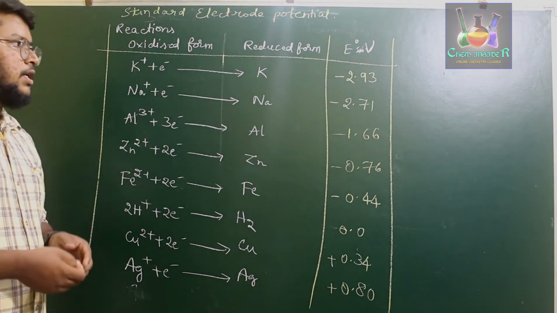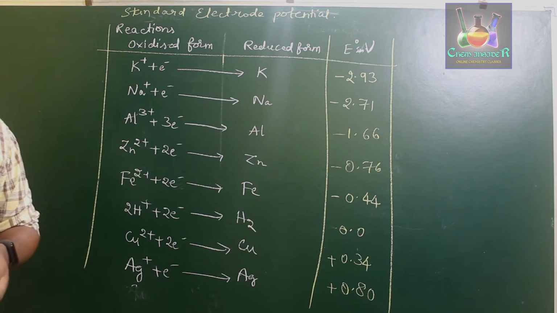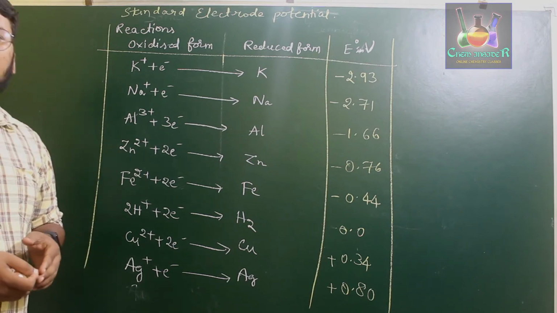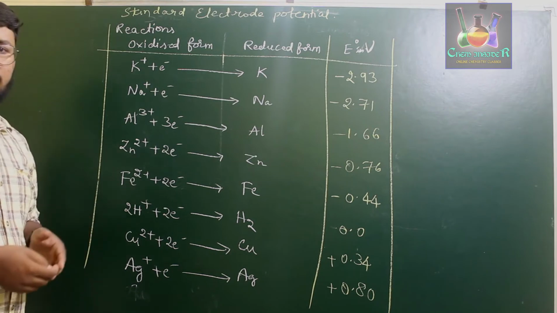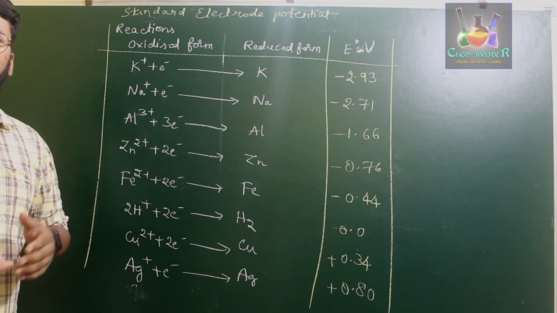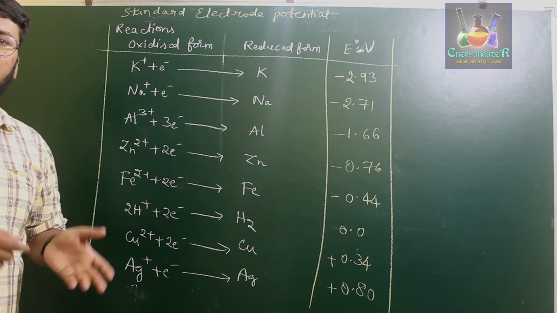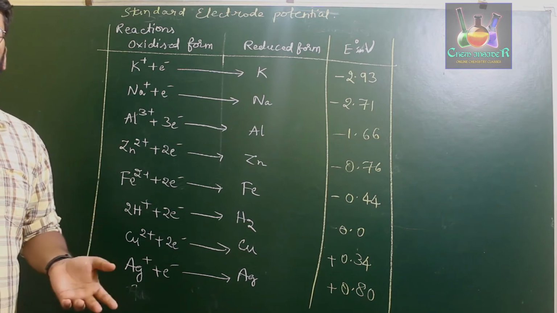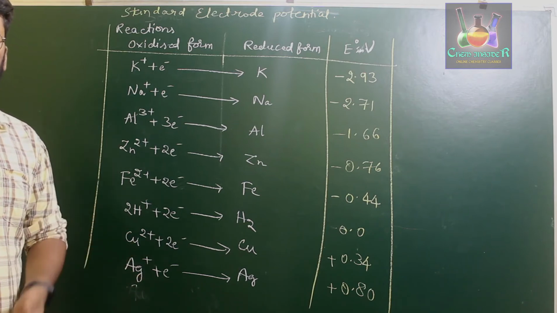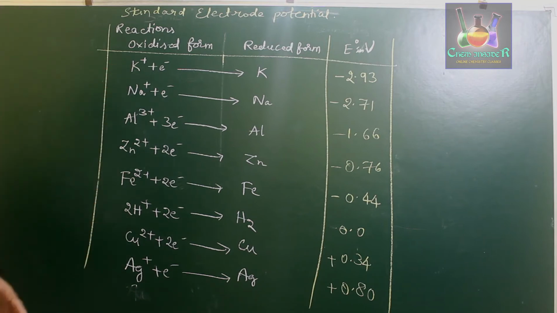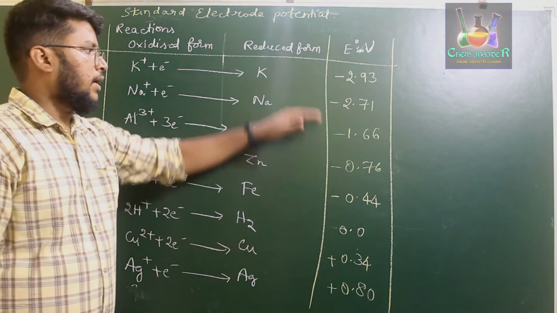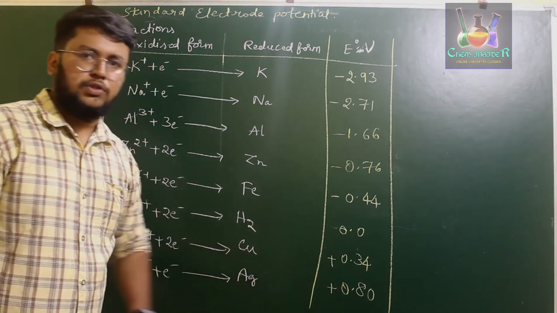This electrochemical series is quite useful in order to understand a given reaction. If you know the electrode potential of a given metal, you can use that metal to either oxidize or reduce a different metal from its salt or solution form. Now, we have two classes, those which have negative values and those which have positive values.